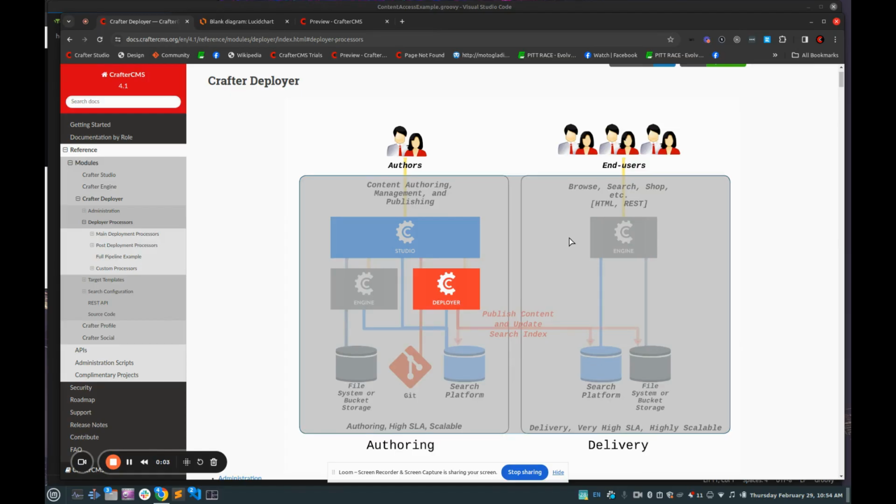Today we're going to be talking about a really powerful capability inside of CrafterCMS called the deployer processor. And specifically, we're going to be talking about custom deployment processors. So here we are on the CrafterCMS deployer documentation page in the 4.1 documentation, and we can see here that